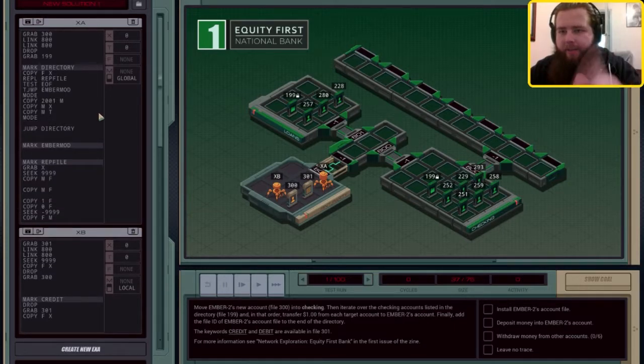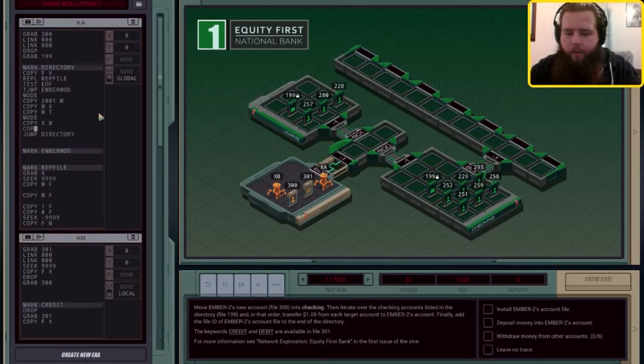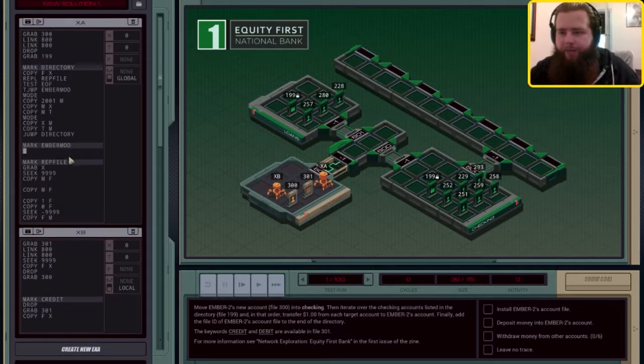That's right. So now we're going back to global, and then we're going to copy X to M, which will be the account number, and then we're going to copy T to M, and then we're going to jump back. And it's not super efficient because it's going to send the same thing every single time, but once we jump to the end of the file, we're going to do it that way. In fact, once we've done that, no, I mean, this step we could probably get away with only doing once,